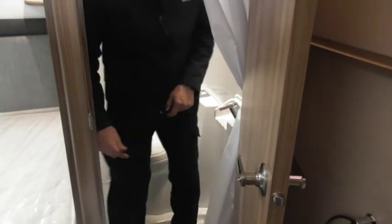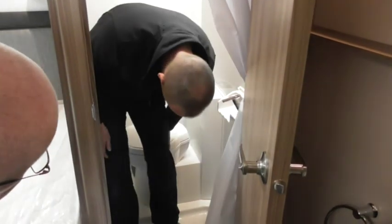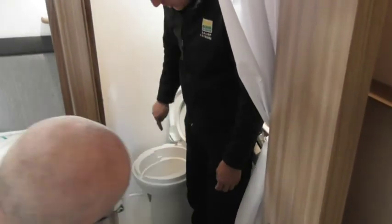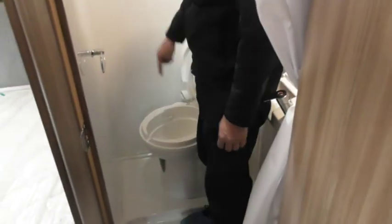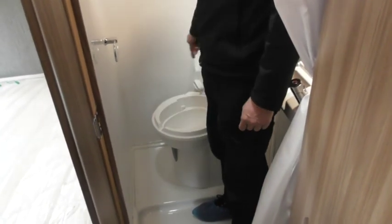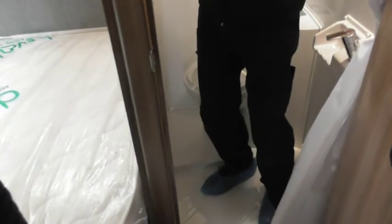To operate the toilet, it's a bit interesting this, obviously a bit compact. The waste gate is closed at the moment. To operate that is that flap there. That opens the flap. Use it, flush it, then close it. Once you've used it, close it. That is the flap. If you're trying to pull the cassette out and it's not coming out, it's because that is quite